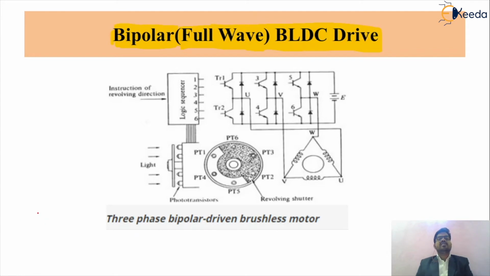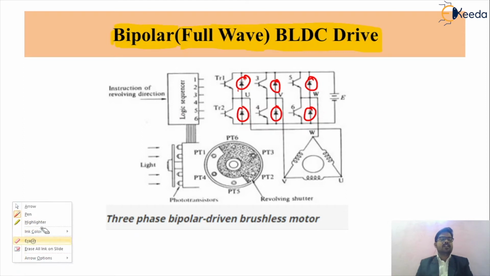In the unipolar BLDC motor, if we use freewheeling diodes along with a different construction, then this type of drive is called a bipolar BLDC motor. So this is the difference between the bipolar and unipolar drive. In the bipolar BLDC drive, we are using the freewheeling diodes, while in the unipolar BLDC drive, we are not using the freewheeling diode. Now we can understand the detailed construction of the bipolar BLDC drive.